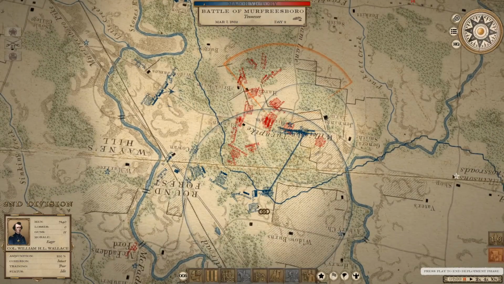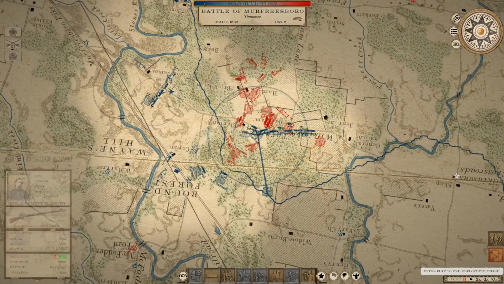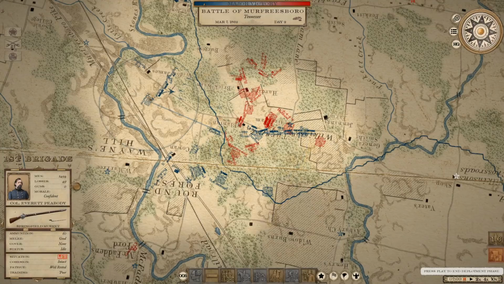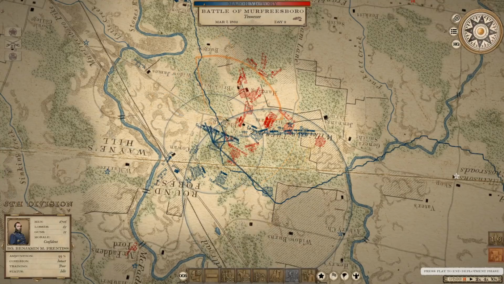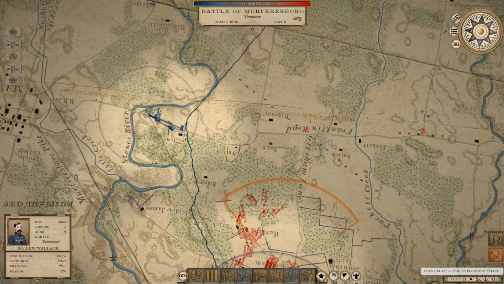Oh, shit. Did I end the deployment phase? No, I didn't. All right, so we're going to form up... Oh, not what I wanted to do. We're going to form up 3 divisions here. We're going to put Prentice, Hilbert, and Wallace in position here. Then I'm going to pull in...